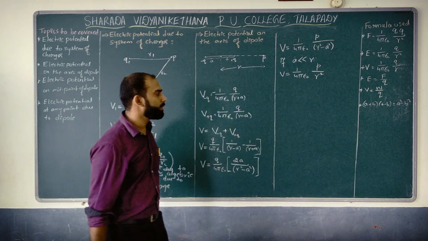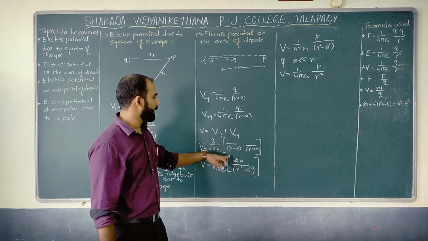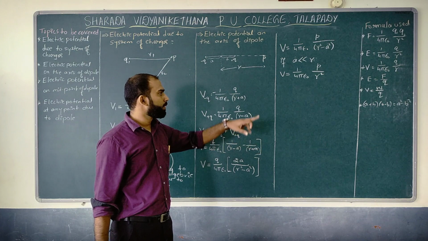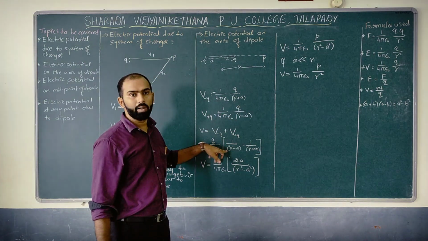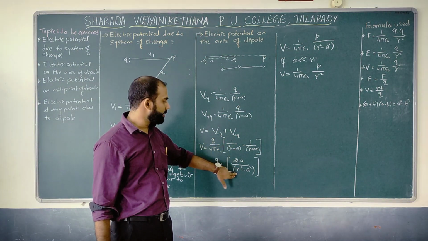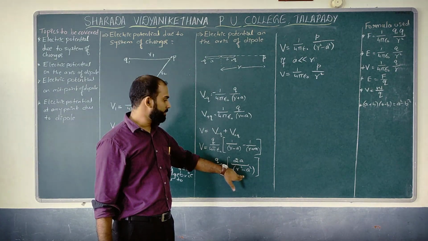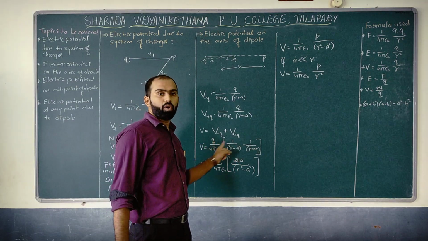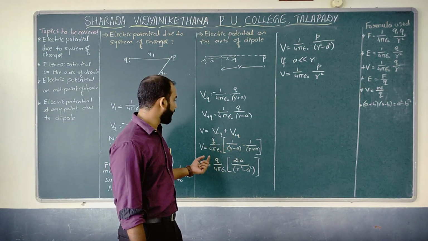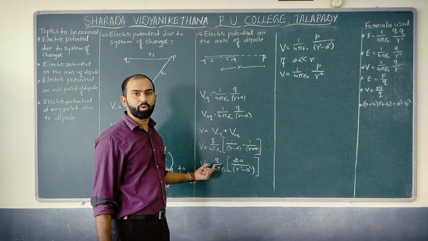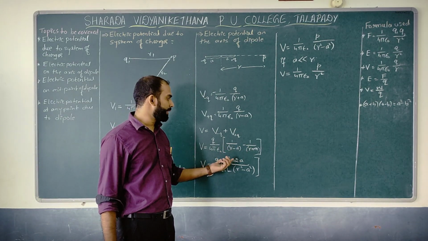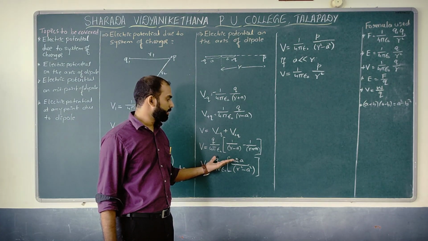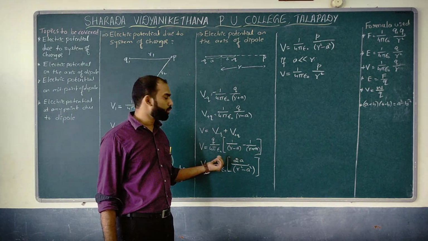Apply the same method over here. So can I write a plus b, which is nothing but r plus a, and a minus b, which is nothing but r minus a. So it can be written as r square minus a square. And if I cross multiply this, can I write at the end product this r will get cancelled? What is remaining over here? a plus a, which is nothing but 2a.